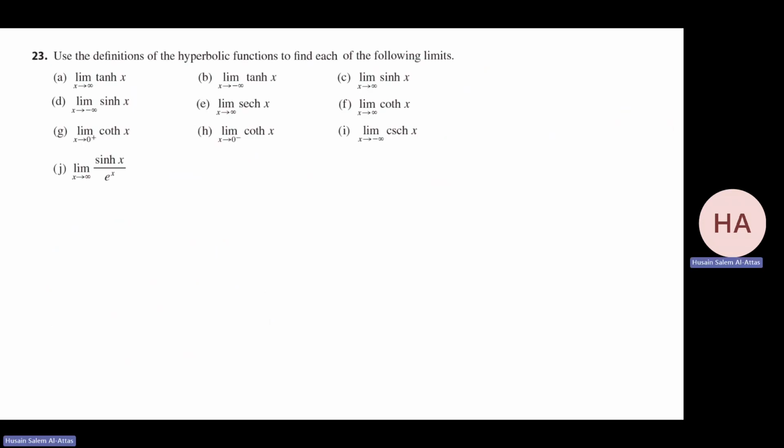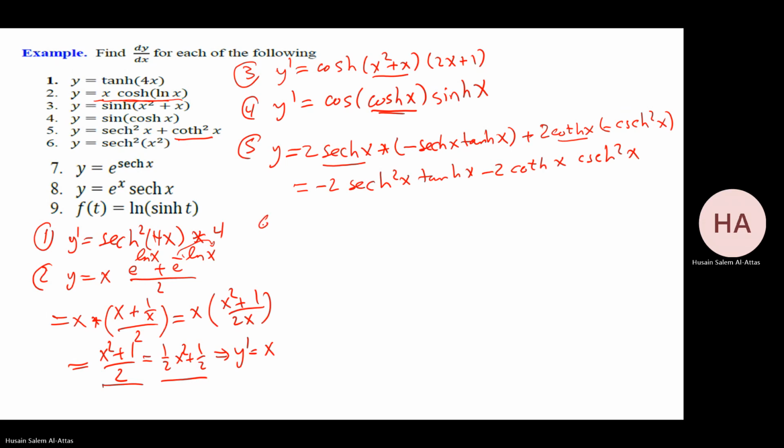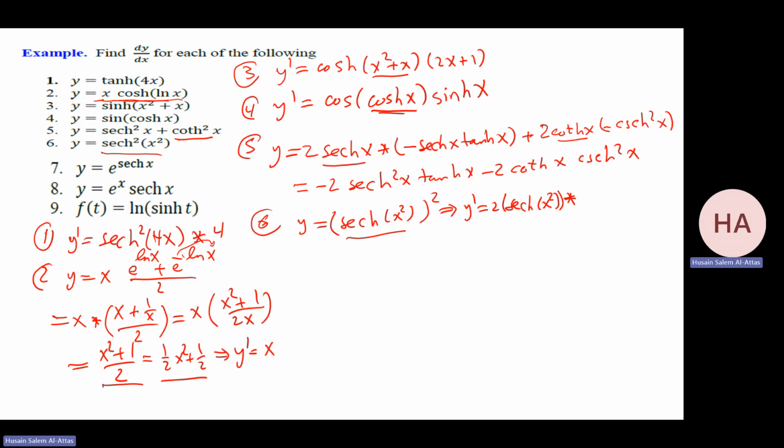What is this? 6. y equals this. So y is secant hyperbolic of x squared, all squared. So y prime will be 2 secant hyperbolic x squared times the derivative of this, which is minus secant hyperbolic x squared